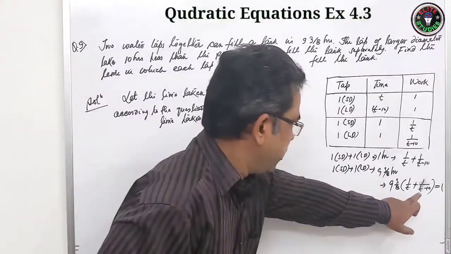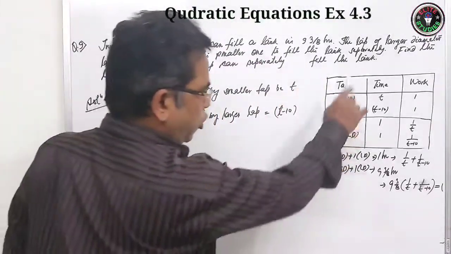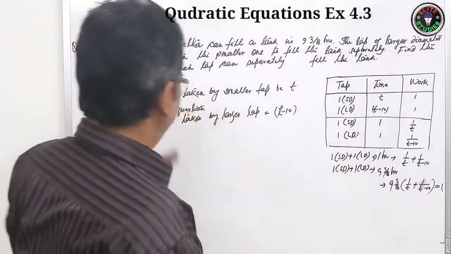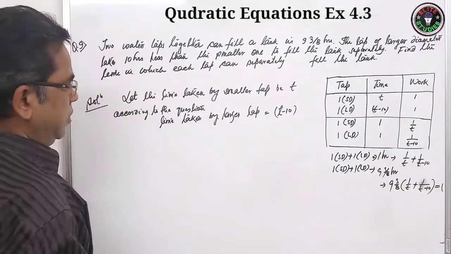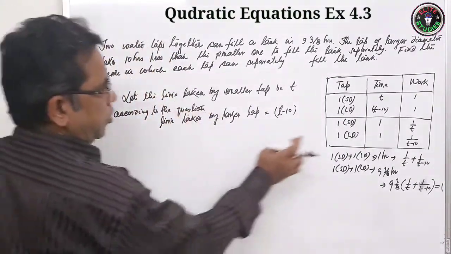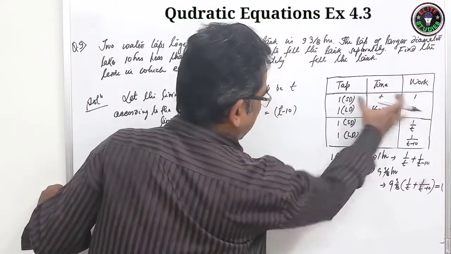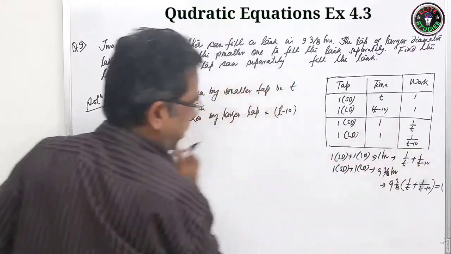So after solving, you will get the value of t. So this you have to do very fast. Then you can convert this table into English. Now you will see, after this portion, you have to convert this, because this already represents this. Here, this row of the table, you have to convert it to English.